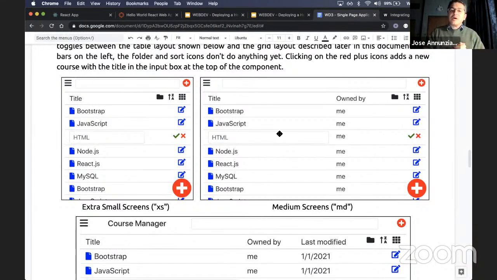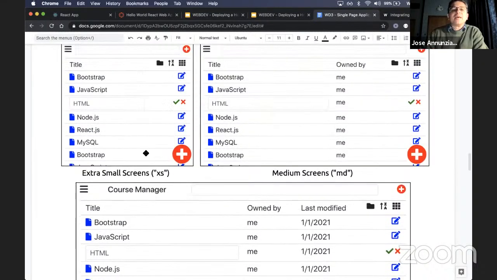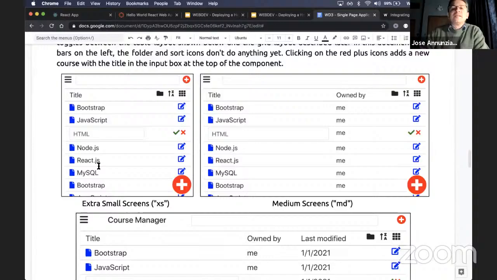But we're going to use that to work with courses instead. So this is basically a table of courses, and you can type the name of a course and click on add. It'll add a course. You're going to be saving this to the generic server that you used in the previous assignment, but instead of